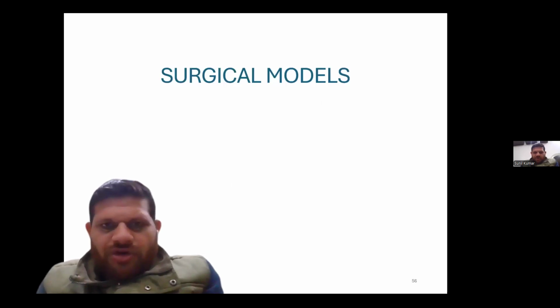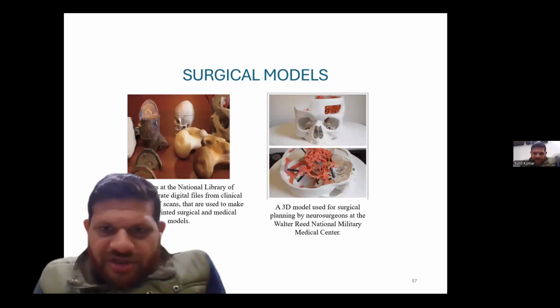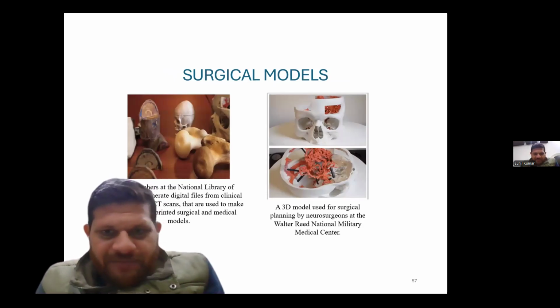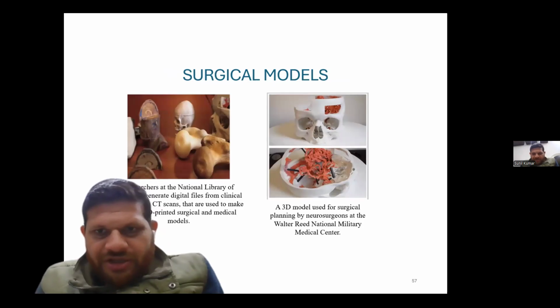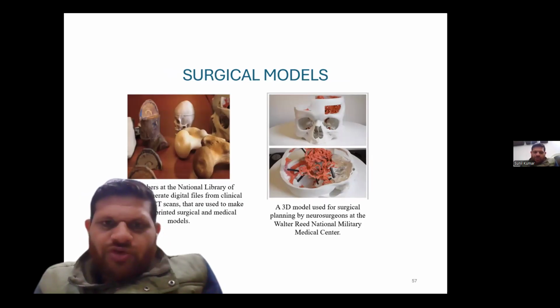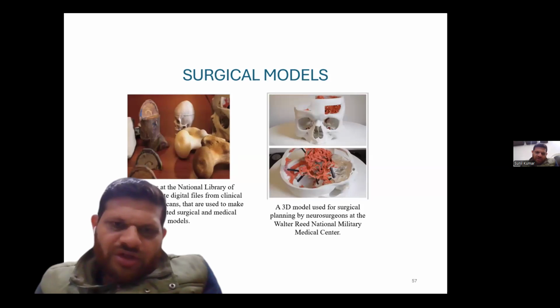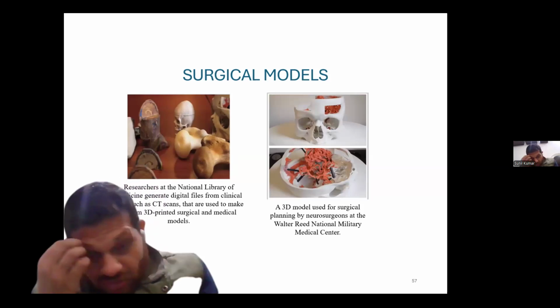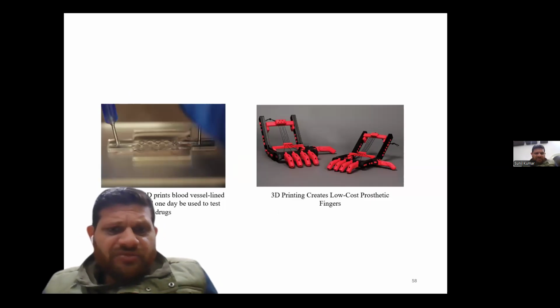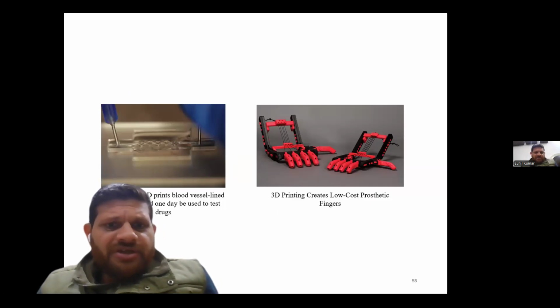So in surgical models, the models are generated with the help of normal 3D printing, SLS or SLA or FDM, which look like a human part. Even colors are provided equivalent to the body parts, and sometimes, if suppose a kidney has some issue and due to that issue it changes its color. So surgical models are created according to the doctors, according to the disease or the healthy part of the body. Again, this 3D printed body vessel-like tissue could one day be used to test drugs